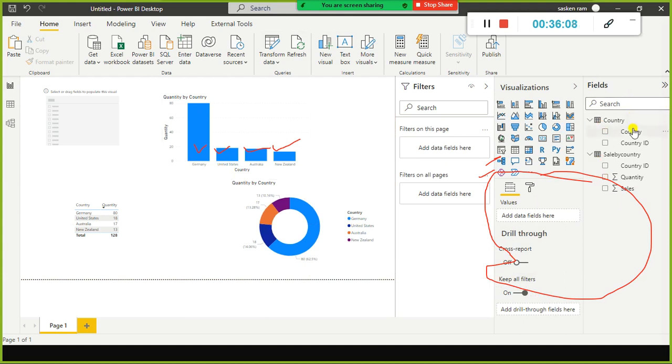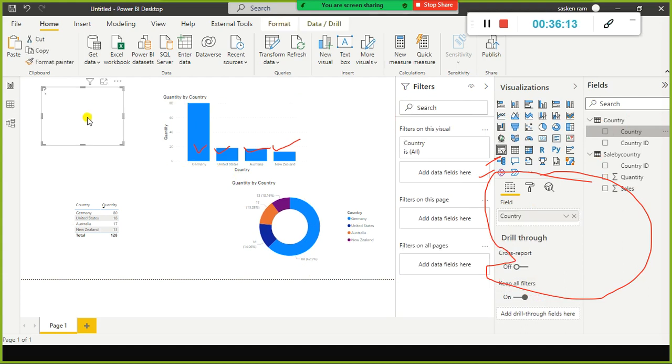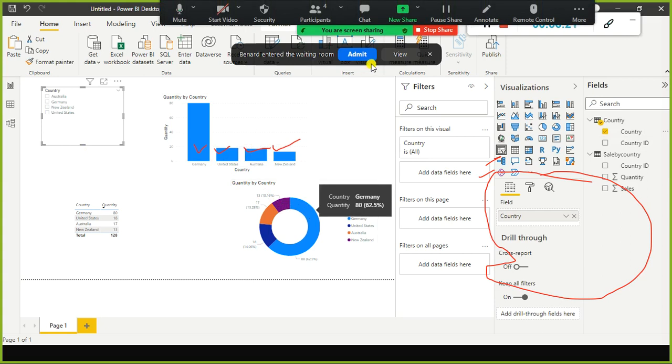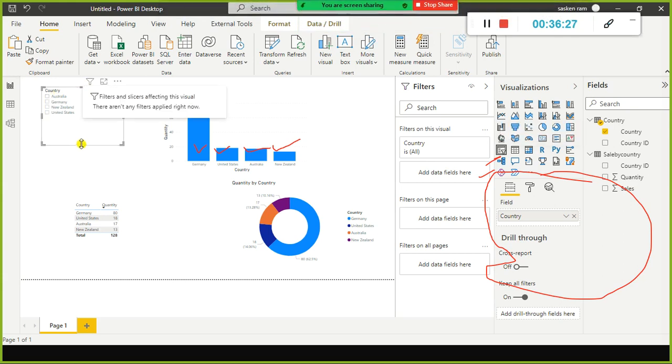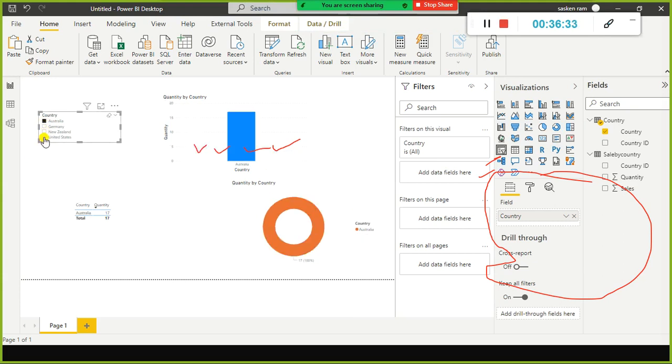I select country and drop it in the slicer. Instead of selecting the specific bar or the specific pie in each chart, I create a slicer visual, and here I am going to select the specific country, Australia.